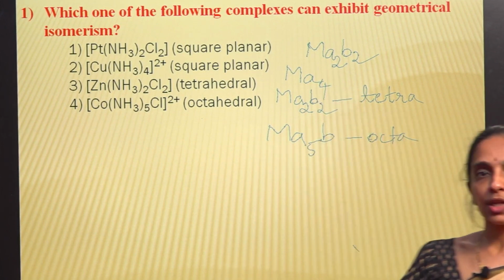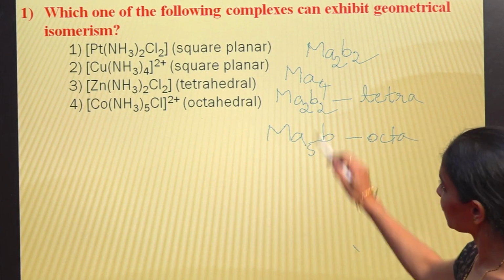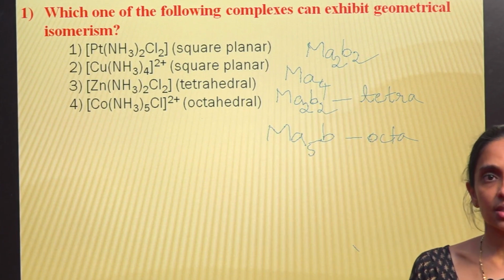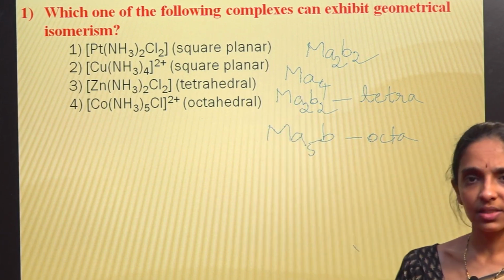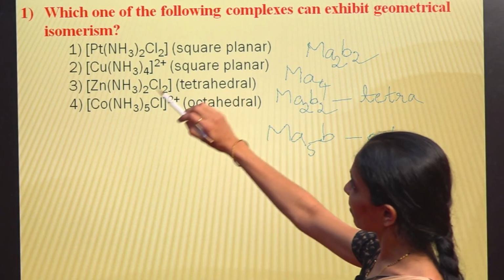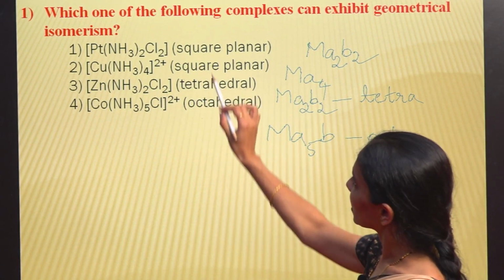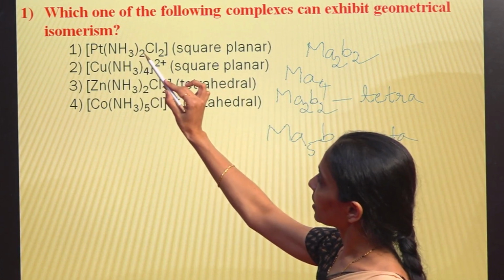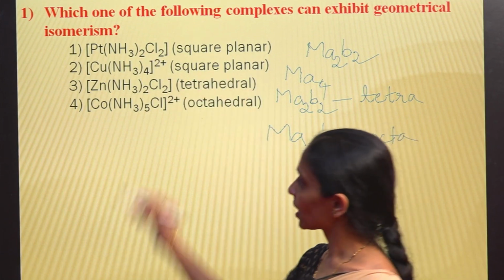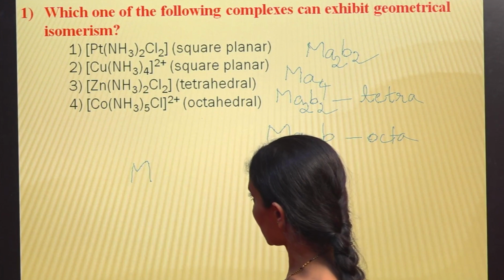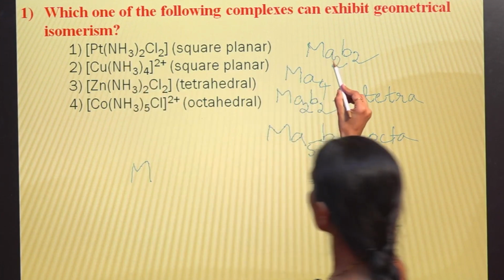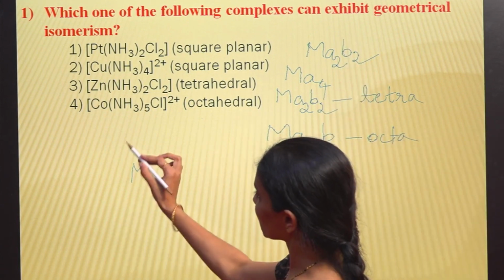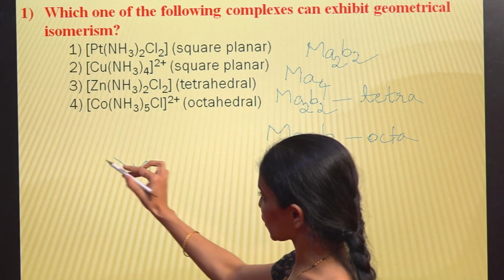Now, in order to show cis-trans isomerism, there should be at least two ligands which are different. In this case, in the square planar complex, the condition is obeyed. You have a central metal and two ligands of one type and two ligands of the other type. So this complex shows cis-trans isomerism, and the isomers are,